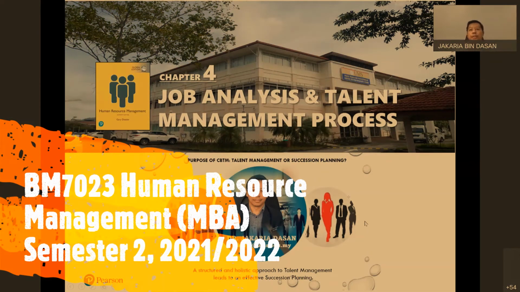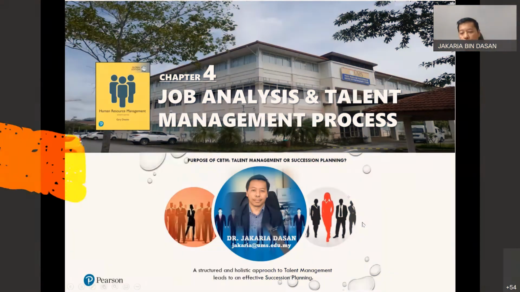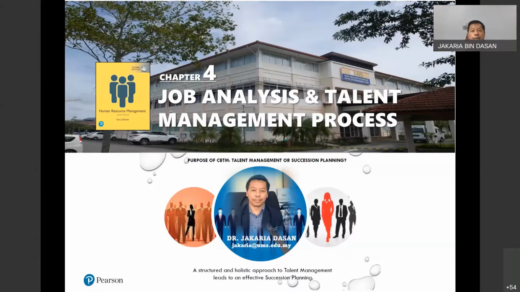So job analysis and talent management process. What is the idea of this chapter? Chapter 4. The idea is how you as a manager try to identify whether you have enough employees or not. Okay, this is the basic definition of job analysis for this particular chapter,